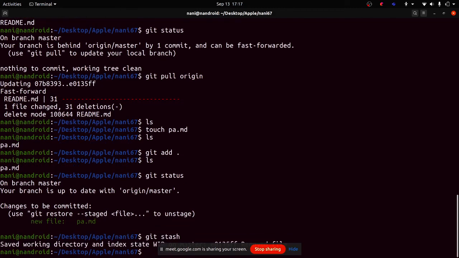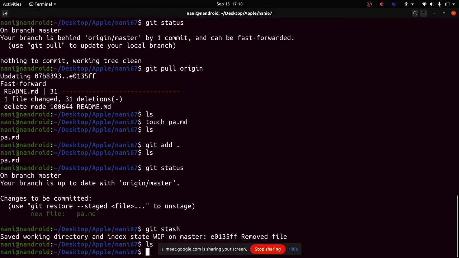So when I see here, previously I had the file, and now if I check it out, there is no file, because I had created a file and added it to the local repository, in that particular staging area, but whatever changes I made within the staging area, I just wanted to remove them again.